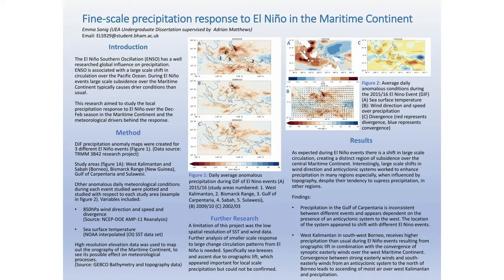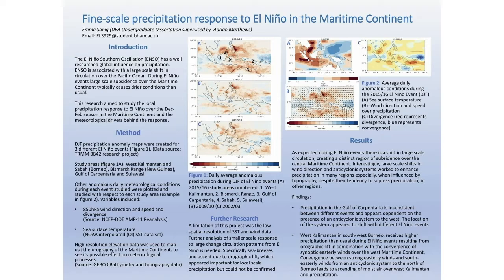over the maritime continent. So we found that the circulation patterns during each event were as expected, with a large area of divergence and subsidence of air over the central maritime continent, as well as suppression of monsoon winds over Australia. So I don't have much time to go into each specific location, but I have put a couple of examples on the poster. But generally, each